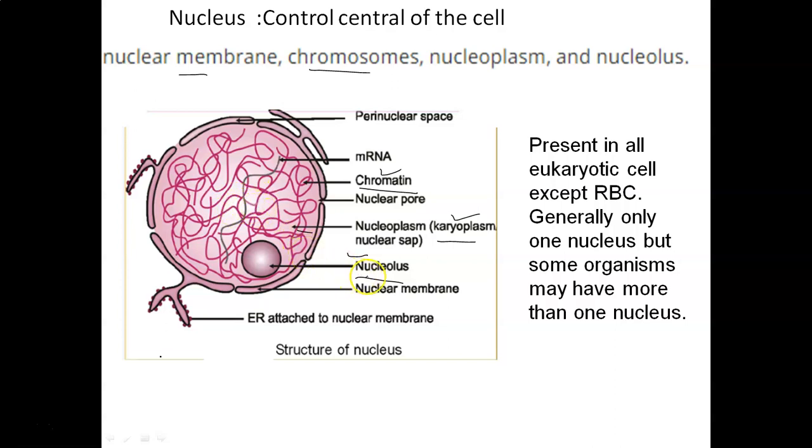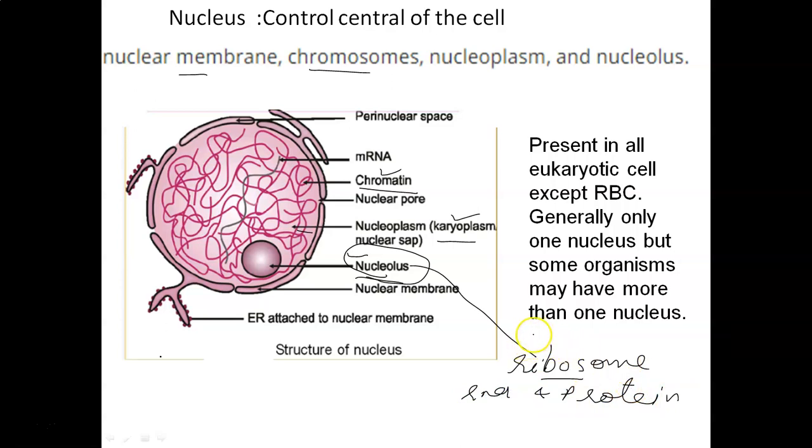And this nucleolus plays a very important role because the function of the nucleolus is to form ribosomes, and the ribosomes are made up of RNA and proteins, and that is why they are also known as ribonucleoprotein particles, because they are made up of RNA and protein, and they are present inside the nucleus. This ribosome is formed by the nucleolus, and then the ribosomes move out and attach on the membrane of the ER, and are responsible for providing a site for protein synthesis.